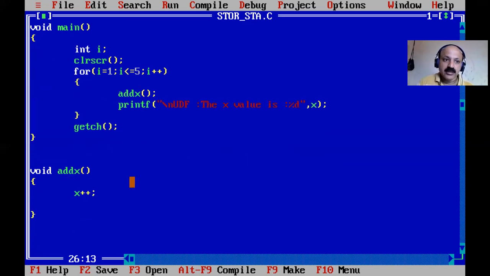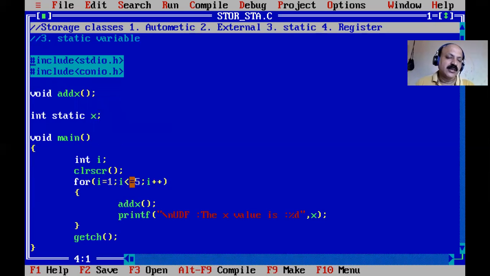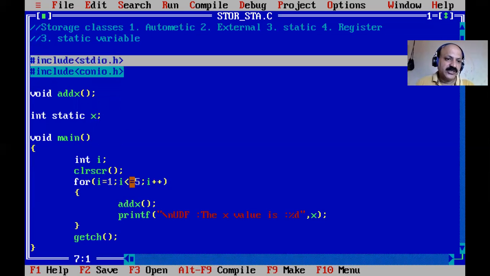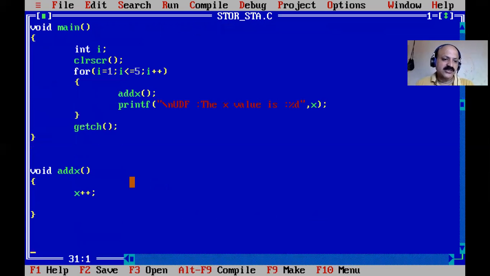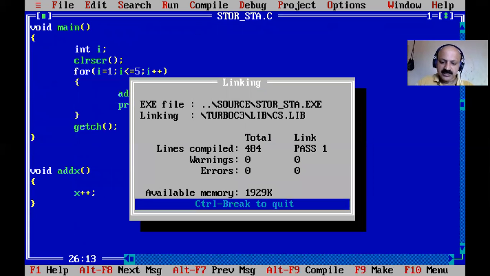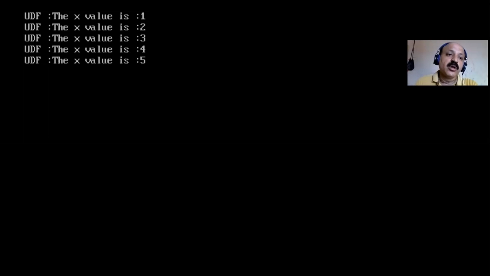We cannot declare it here in the global declaration section. So all the sections appear in the second program: the document, link section, definition, global declaration section, main, and sub program. So all sections open in the second program, which means that is static. So the output is as previously, no change. That is global.